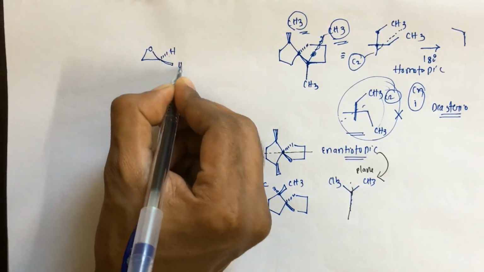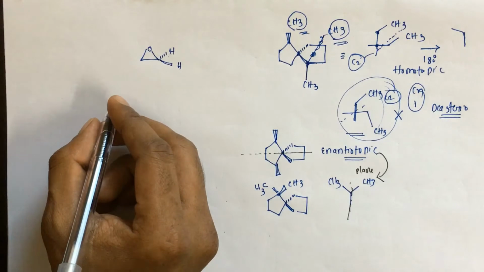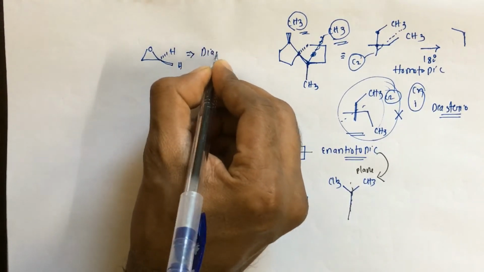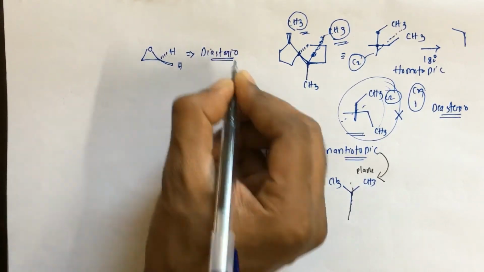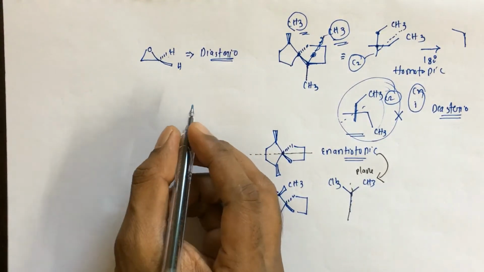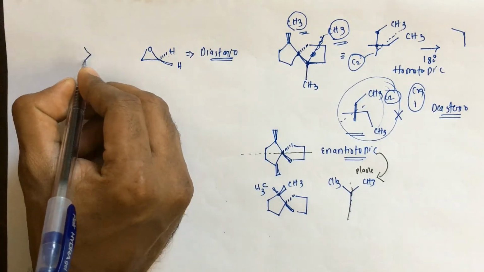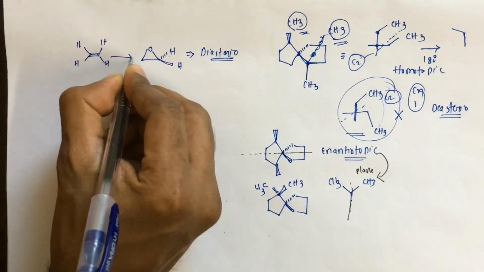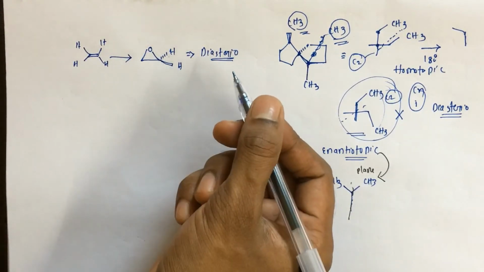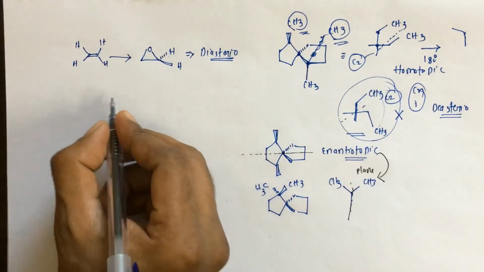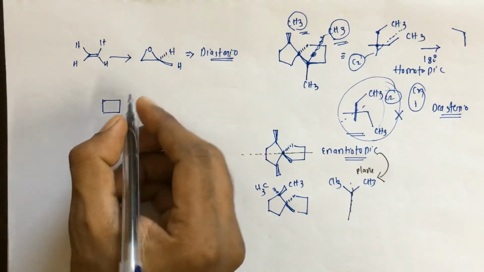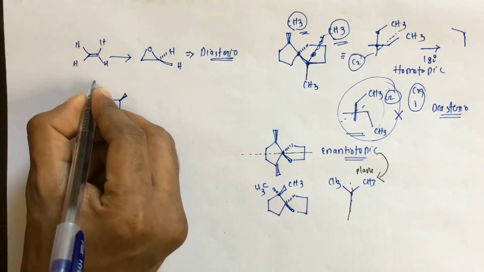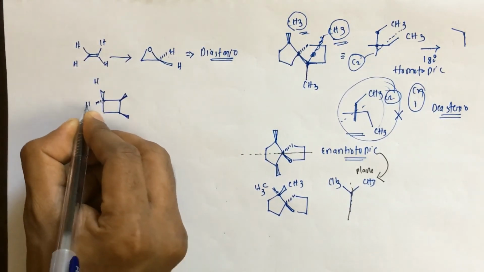And what about these two hydrogens? These two hydrogens are diastereotopic. Here we can also use a chemical reaction. This is coming from an alkene, so we are doing an epoxidation. It's coming from an alkene, that's why this is diastereotopic. And now the relationship between these two hydrogens, and then